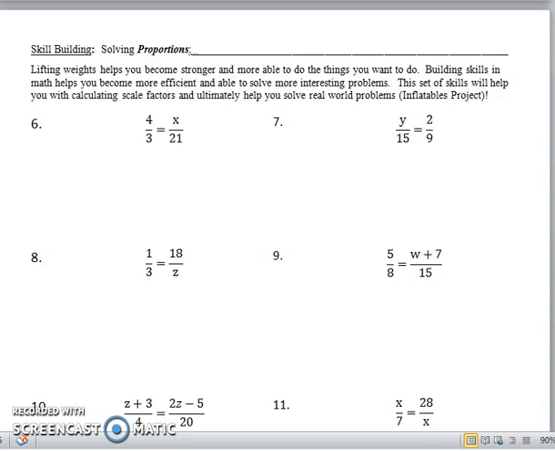Okay, so after you've discussed the front, I want you to now move to the back side, and I want to do a little bit of skill building. And I want to skill build with solving proportions. So I want to define what proportions are. A proportion is basically a statement